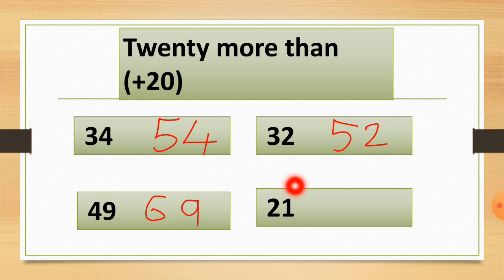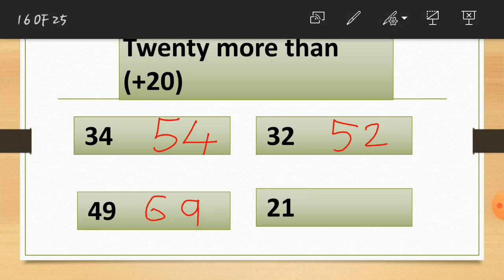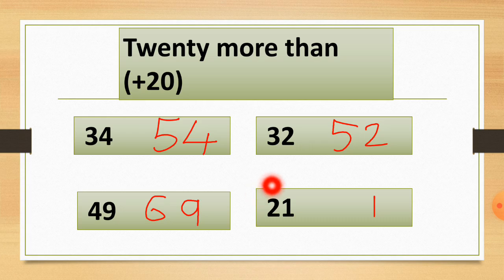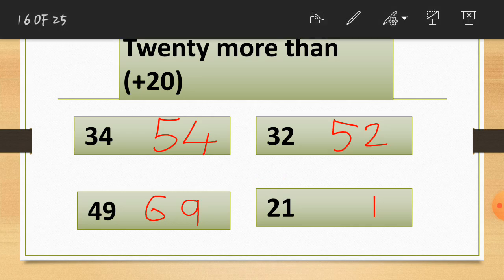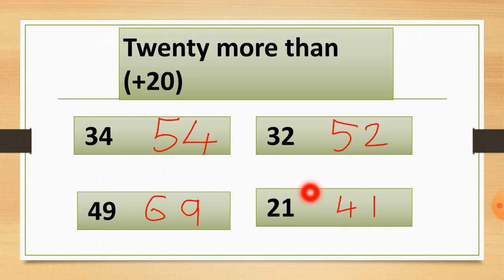Here is the 21. So here number 1 is at the ones place. So write down 1 as it is. Now here is the 2 number. So let's add 2 into the 2. So 2 plus 2 is equal to 4. You can see this. So this way we have to add the numbers. So you can see how easily we get the answer in a second only. So this way we have to add 30 and less than 30 and more than 30. How? Let's see through the example, students.